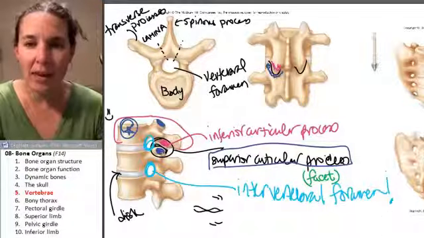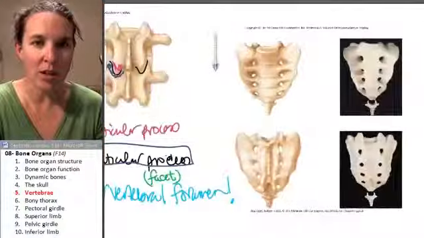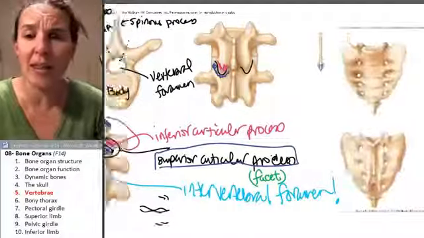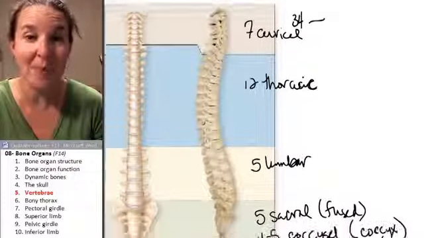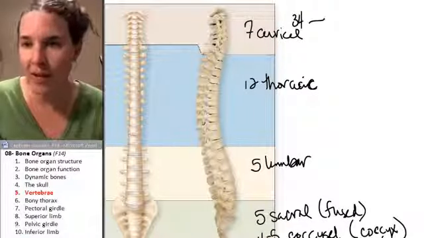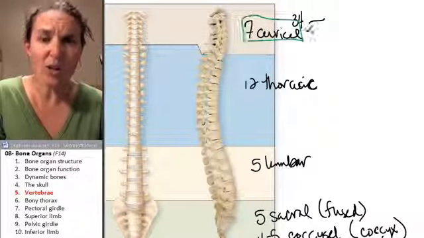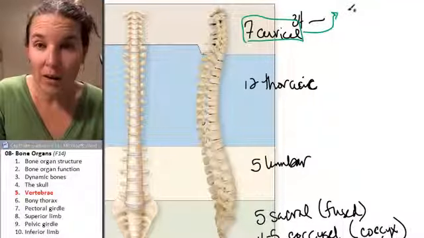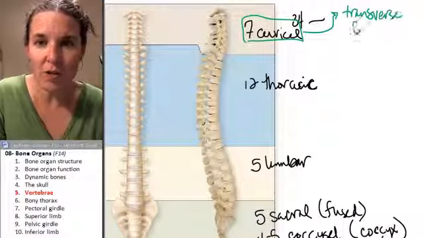Now, I think, oh, man, I'm not positive. I don't think I have a picture of specific vertebrae. So let's go back here, and let's look at some specific characteristics that we're going to see in our different types of vertebrae. For one thing, cervical vertebrae, they're probably the most unique out of all of our friends. Our cervical vertebrae have something called the transverse foramina or transverse foramen. Transverse foramina